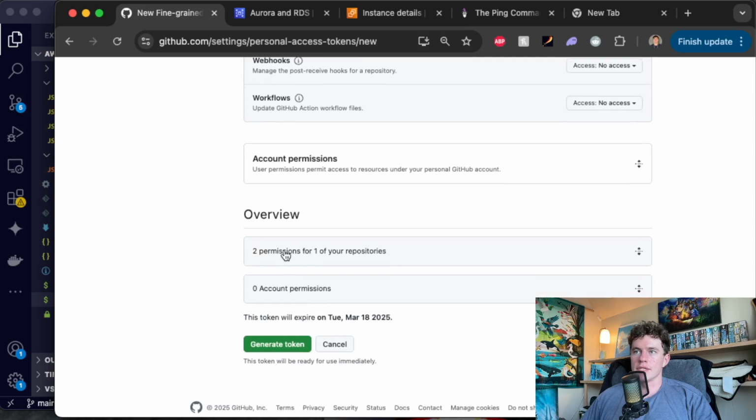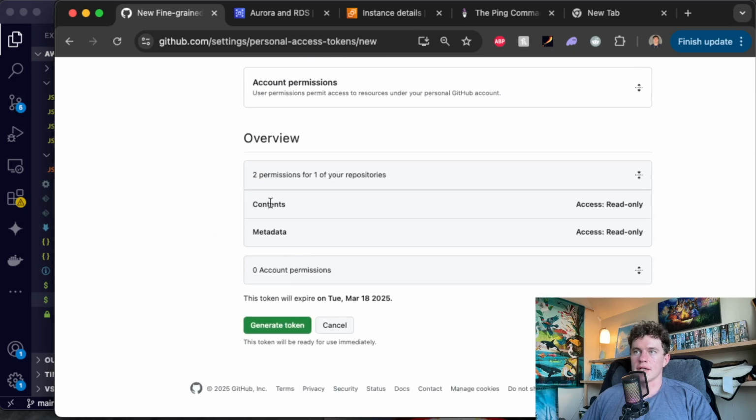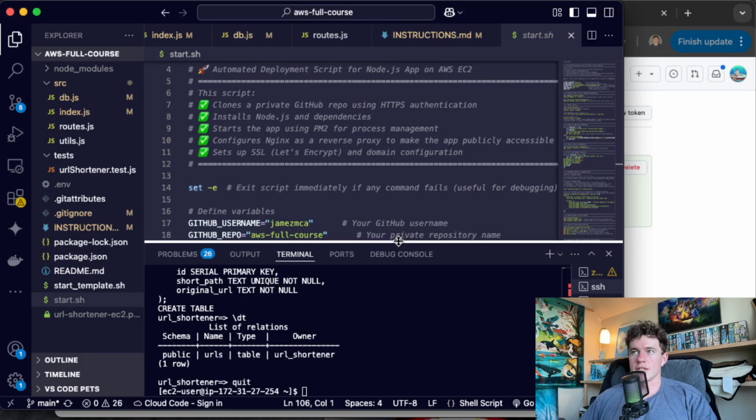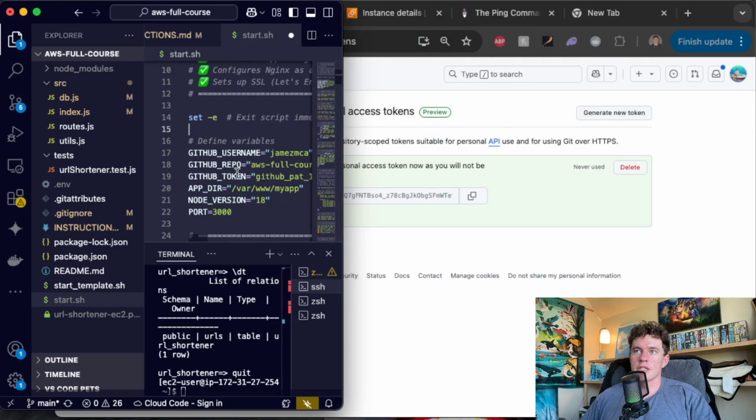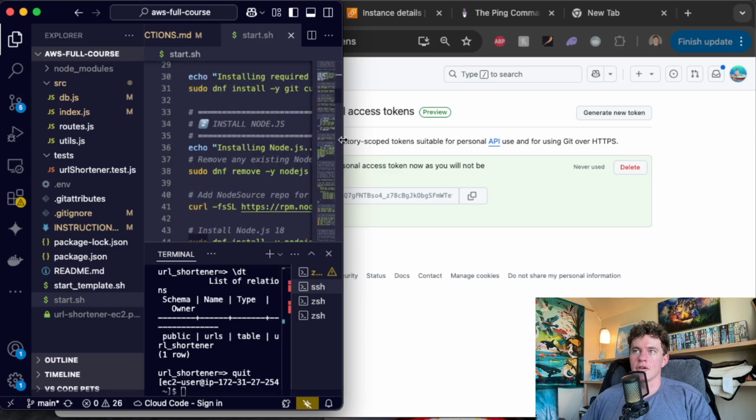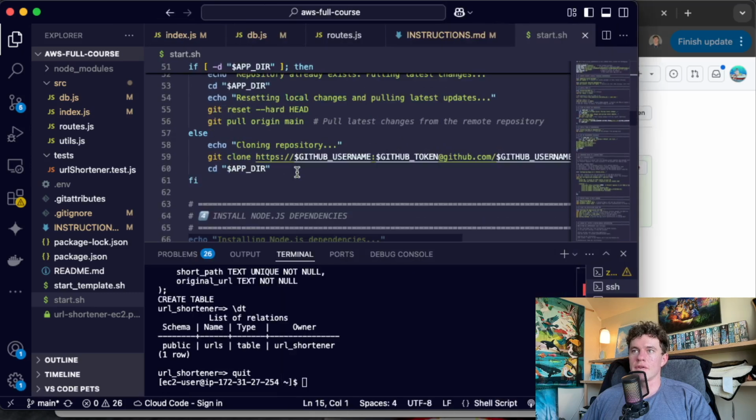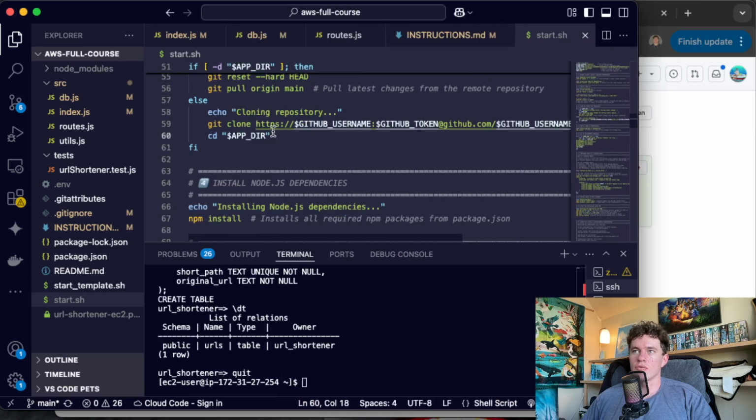So now we can scroll down. We can see what two permissions are there, contents and metadata. I think that's fine. And now we can go ahead and generate that token. Now when you click generate, you'll get a page. You can just see the side of mine here that has your actual token. Copy it. And I want you to paste it just in here adjacent to the GitHub token, and then click save. So now that we've saved our personal version of start.sh, I don't think we need to modify any of the other values. What we can do is send it right over